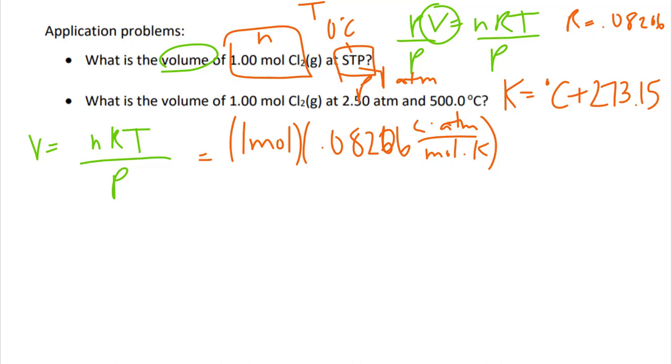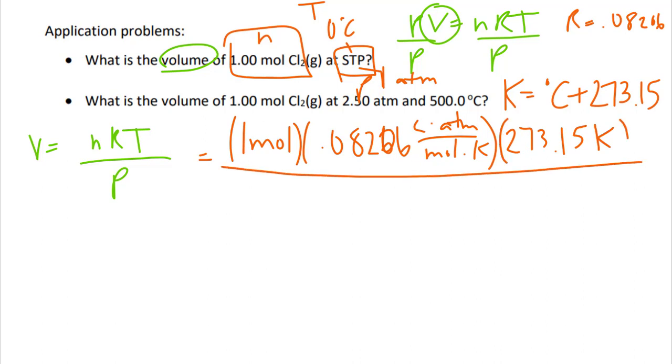And our temperature, if I had 0 degrees Celsius, so 0 plus 273.15, would be 273.15 K. So that's my nRT divided by pressure, which we said was 1 atmosphere. So if you plug this into your calculator,